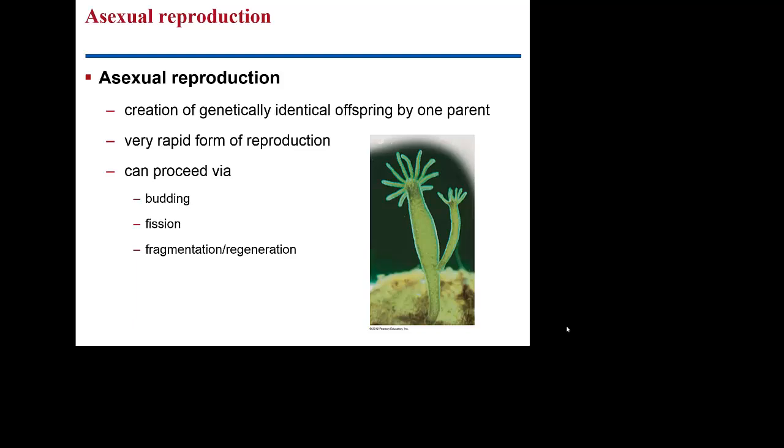From asexual reproduction, we're looking at the creation of a genetically identical offspring. This is important because what we are actually producing then is a clone of the parent, right? So in this generation of a perfectly identical offspring, in this case with our hydra, this hydra has produced a bud of itself, which is a genetic copy and will eventually fall off and become a new hydra, but it is perfectly identical to the original parent hydra.